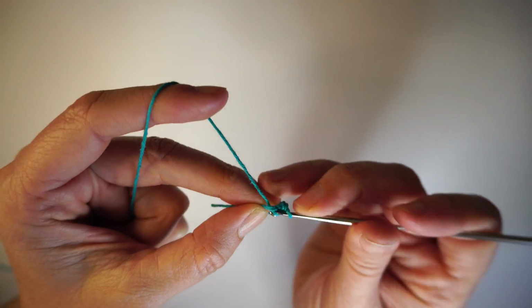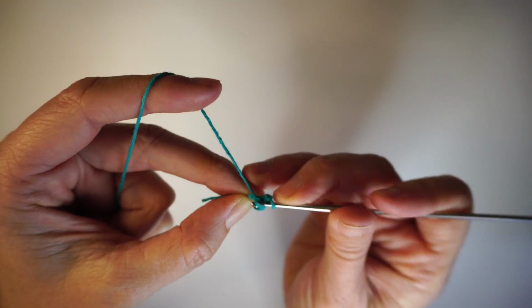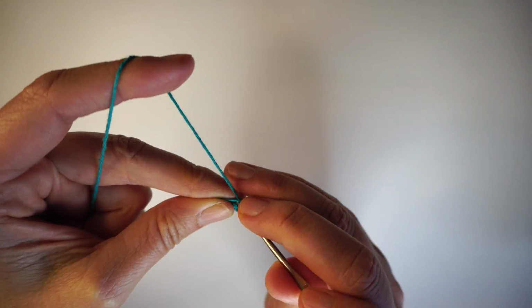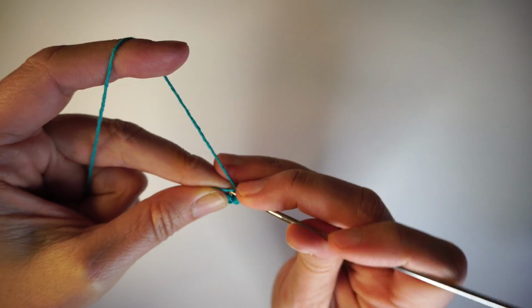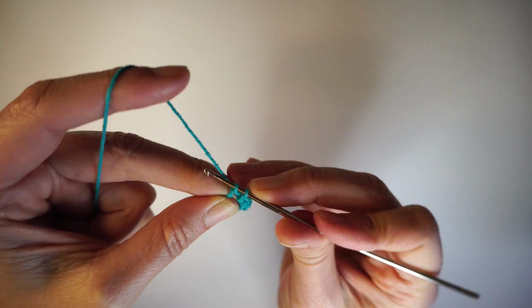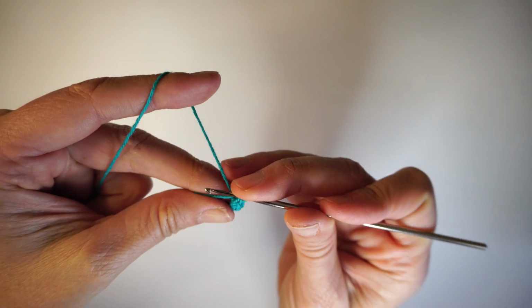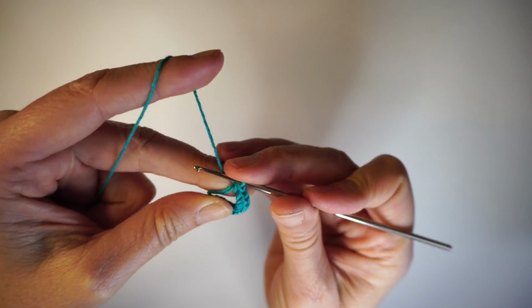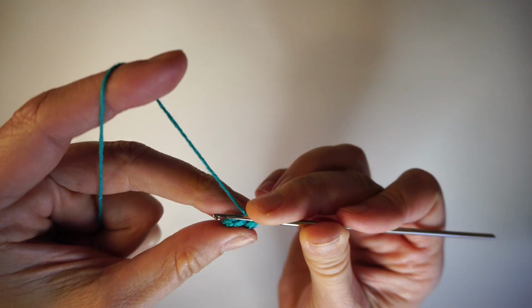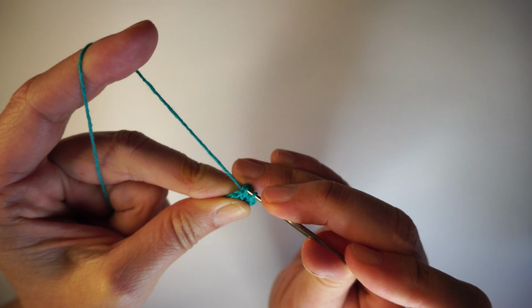So 2, 3, 4, 5, 6, 7, 8, 9, 12. After the last one, you can pull this here, and we will be making one slip stitch in